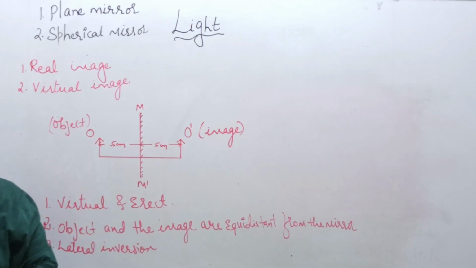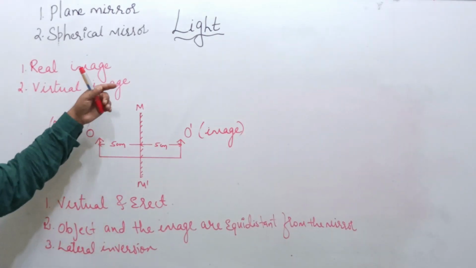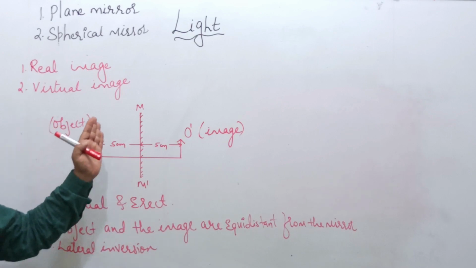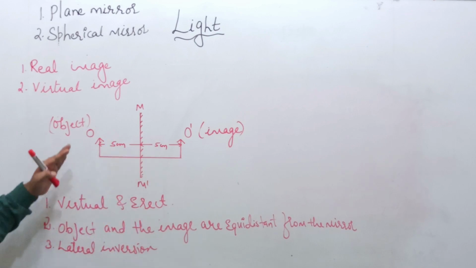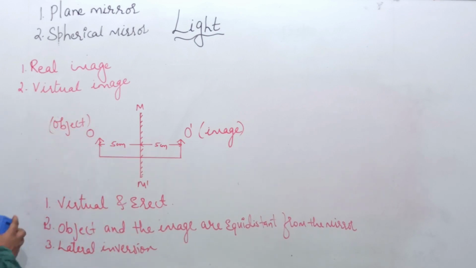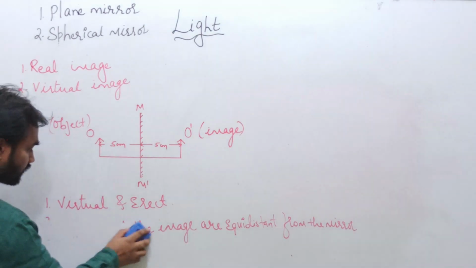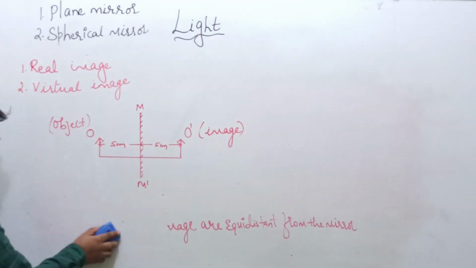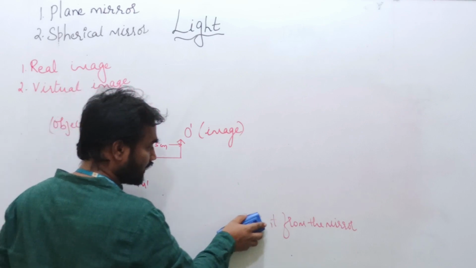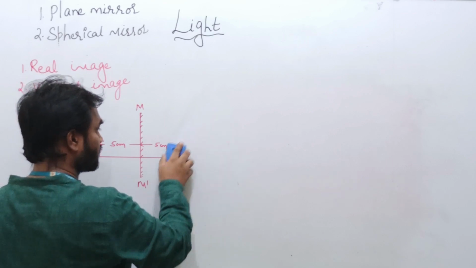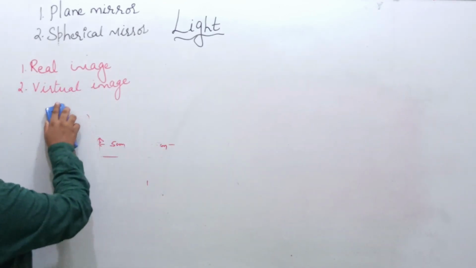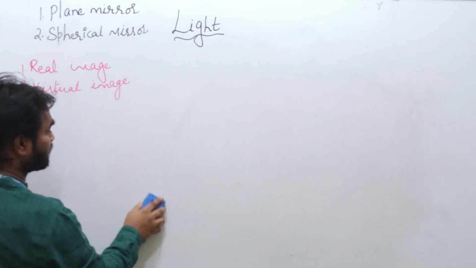Okay. Now we will discuss more during the problems, during the ray diagram. Whenever we start the ray diagram for the plane mirror, concave mirror and convex mirror, at that time we will be discussing this in detail. So, hope you have understood the characteristics. Now, moving on to the next topic, that is nomenclature or the terminologies or the terms used in spherical mirrors. This is all about the plane mirror.